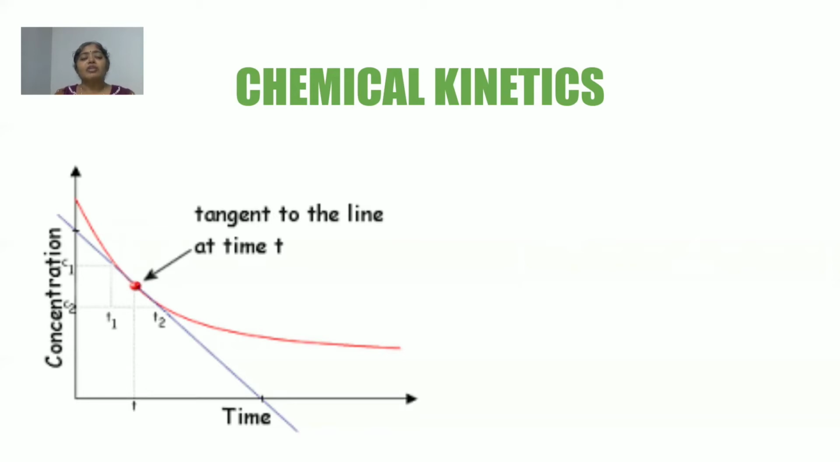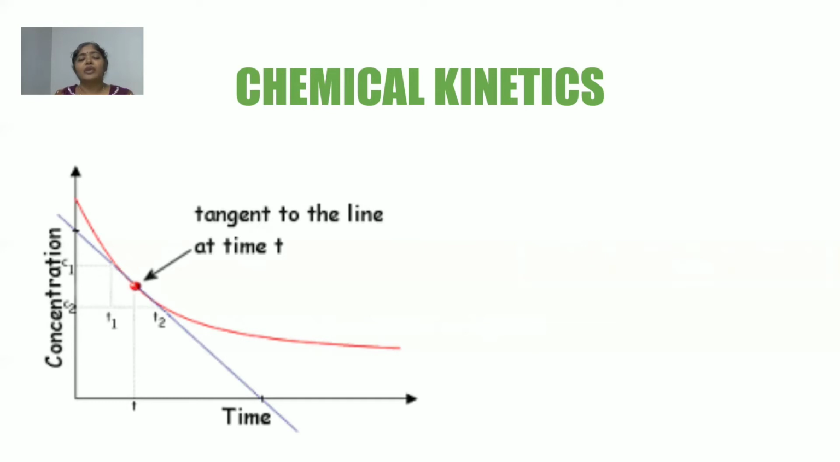Now, at any particular instant of time, if I want to find out what is the rate of the reaction at one instant of time, then we need to draw a tangent to this curve at this particular point. And if I calculate the slope of this tangent, the slope of the tangent can be calculated by using y2 minus y1 upon x2 minus x1. Here the y coordinate is the concentration and the x coordinates are the time. So we get the ratio of concentration to time, and that denotes the rate of the reaction at this particular